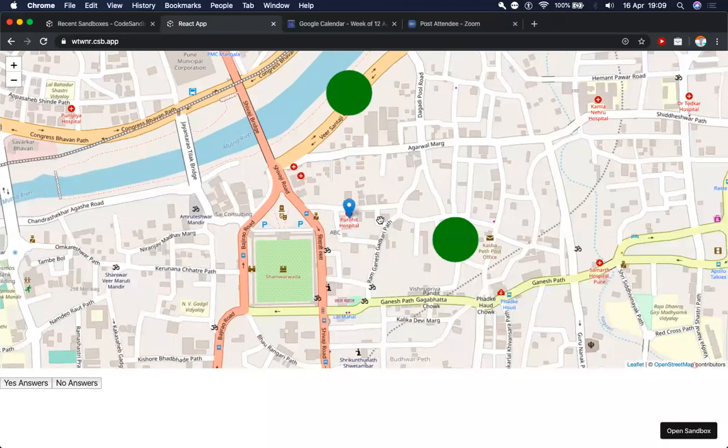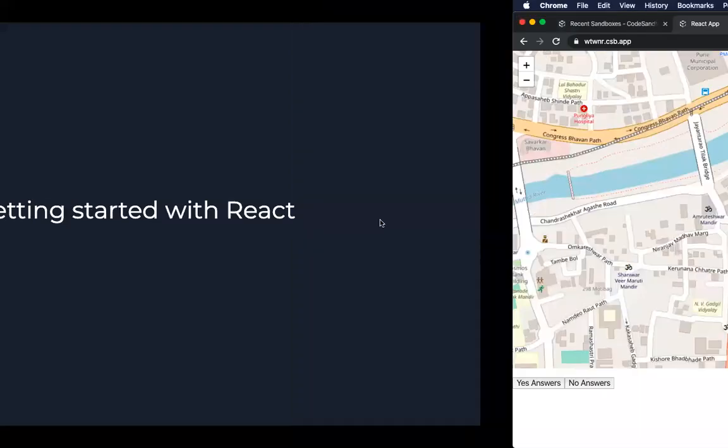Does everyone have access to a web browser, or does everyone have a coding window open where they can practice along with me? It's okay if you don't have it right now. I will also be sharing the code with you, so you can practice it later and go through it and learn more.